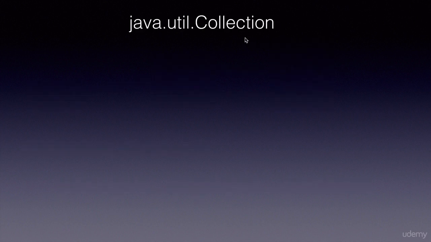The Collection interface in the java.util package is the key parent interface, which is implemented by three interfaces: List, Set, and Queue. All these three are data structures that allow us to store and manipulate objects, but each one of them has slightly different functionality. List allows duplicate objects. Set does not allow duplicate objects, as you would have learnt in mathematics. Queue is a first in, first out data structure. That is, whatever object we store first, when we retrieve something, that will be the first object that comes out.